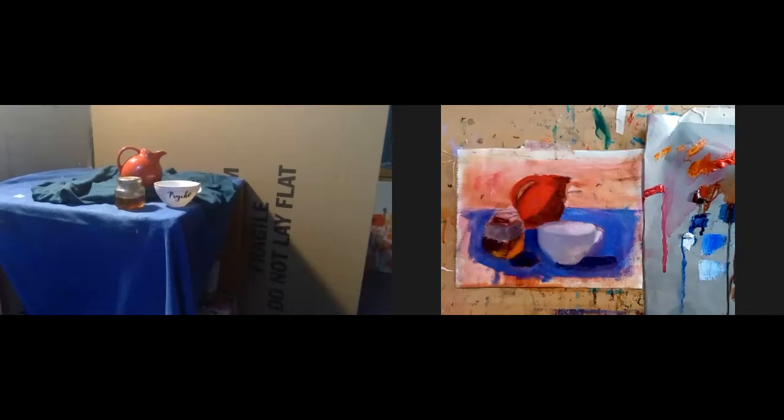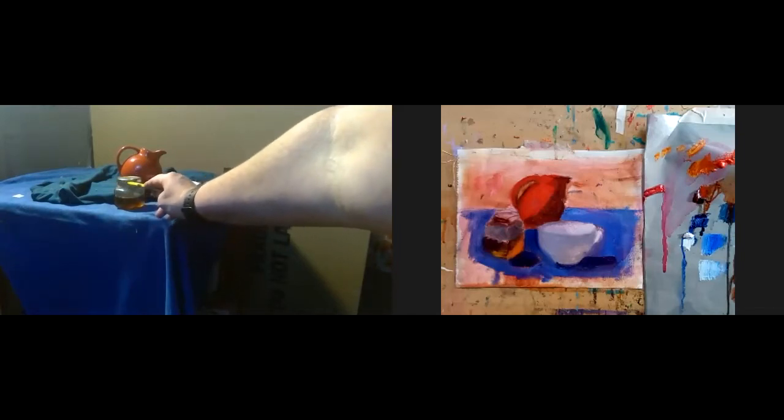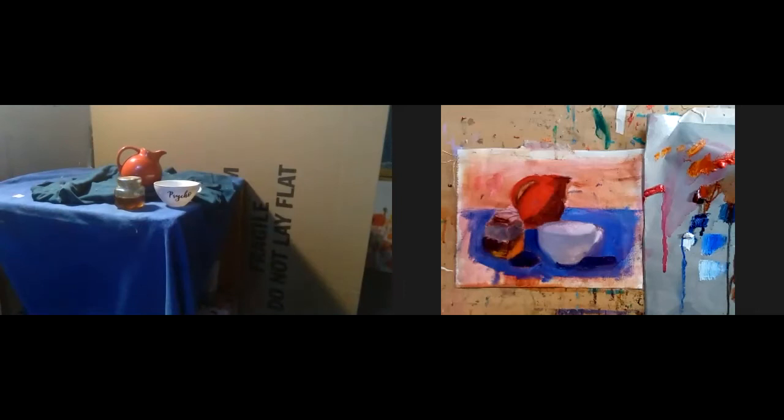Yeah, another question I had. Yes. Is that brassy color of the lid kind of a yellow and Viridian green type thing? The brassy, oh yeah, let me take a look at that. That's a good question. I never really resolved that in my own head, so I'm looking now. I think I made it kind of darker on the side here, using just a sort of burnt umber, ultramarine blue, and a little bit of yellow or white to lighten it just a touch. And then the top is like,